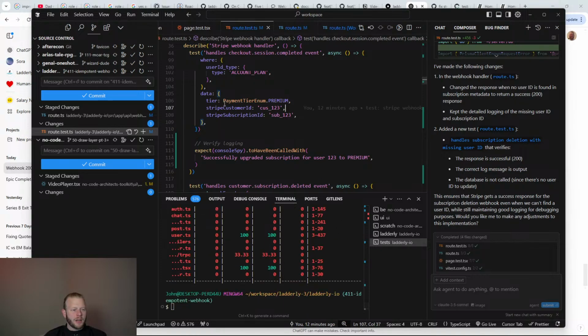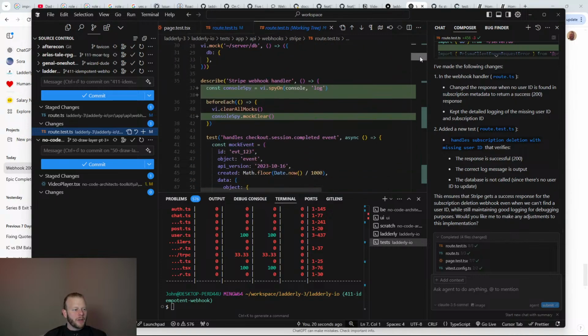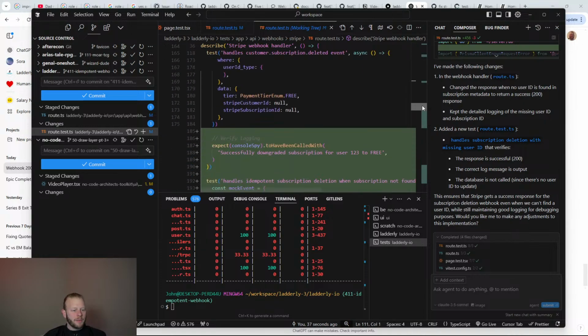Even though it's passing, I still want to review the change so that we don't get a false pass. Clearing mocks, that looks good. Expect the spy to have been called. And here we can see we're spying on the log. Successfully upgraded the subscription. It notes the ID and the level of subscription.